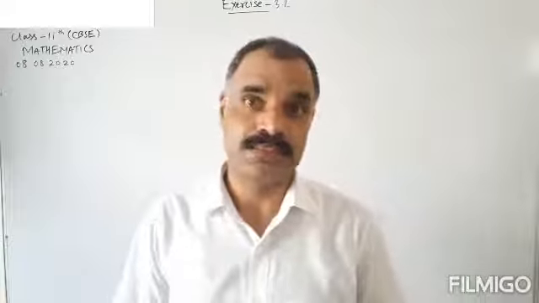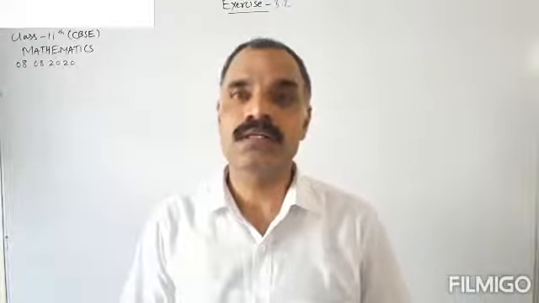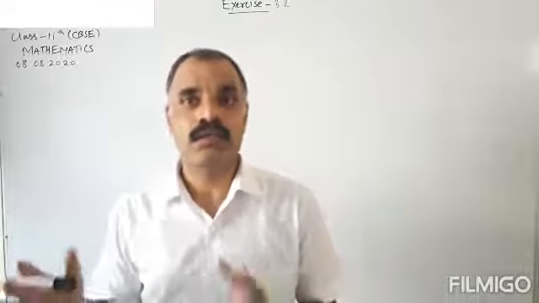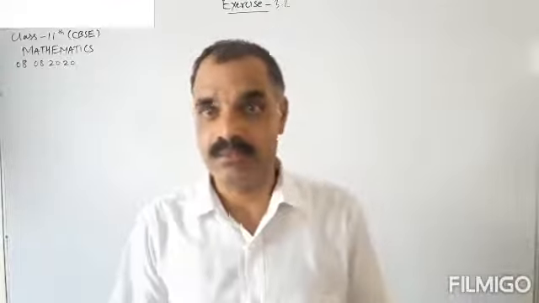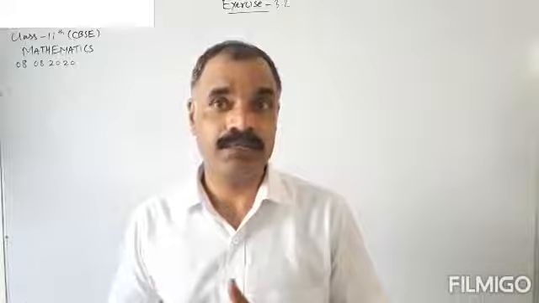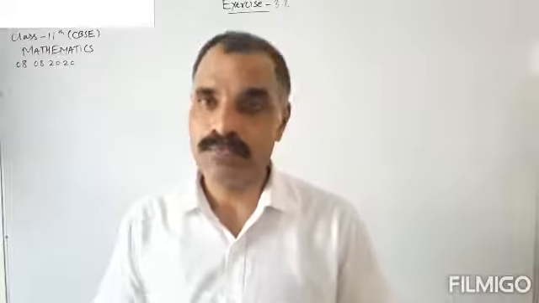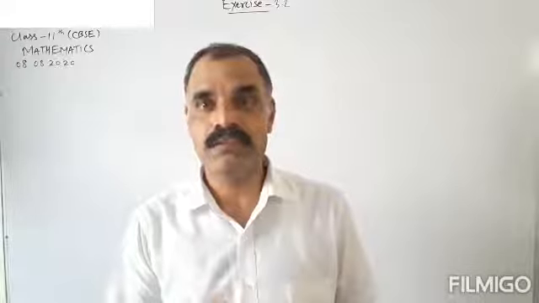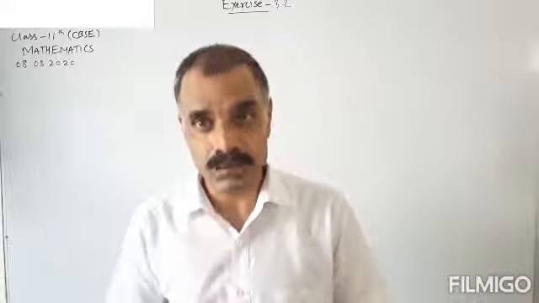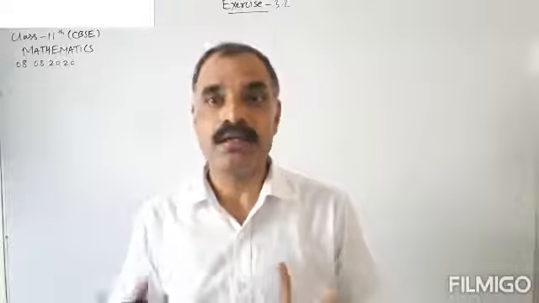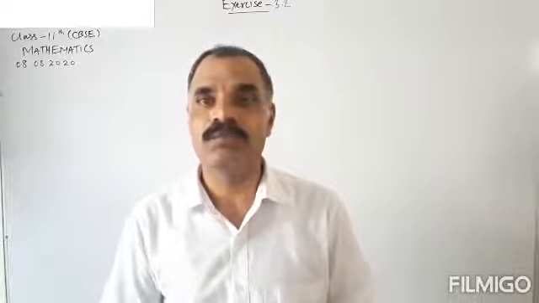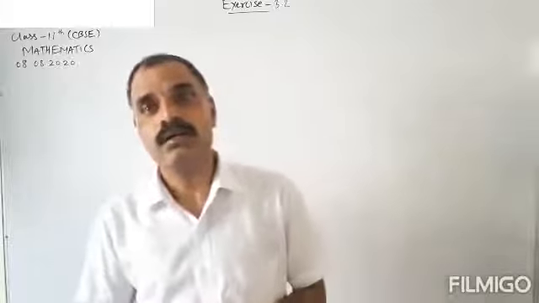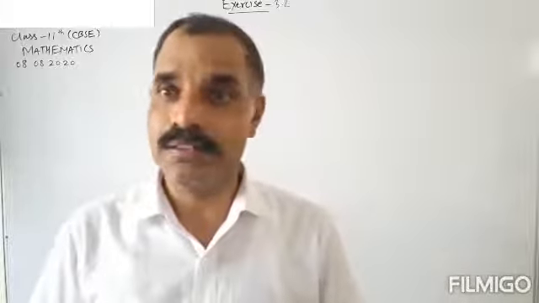In this exercise we will use the different trigonometric ratios in terms of the sides, that is perpendicular, base and hypotenuse. Sine theta is perpendicular upon hypotenuse. In the same way, other trigonometric ratios will also be used, and also we will use the different trigonometric identities